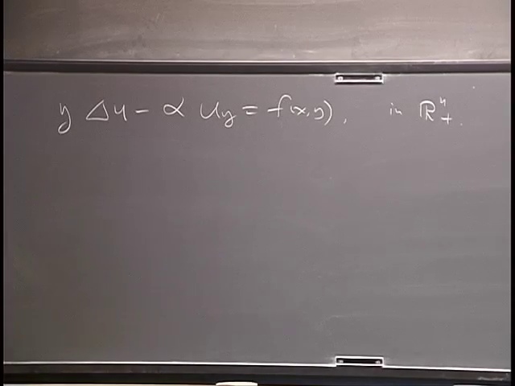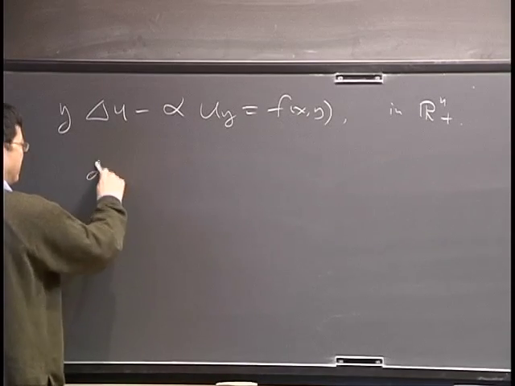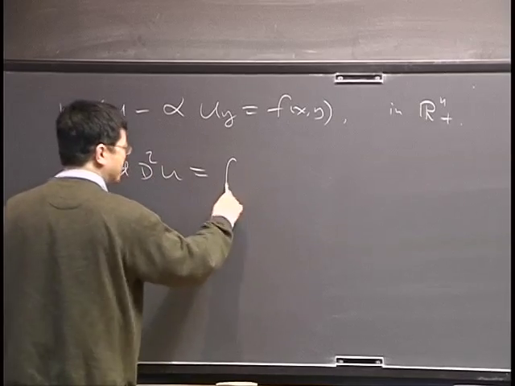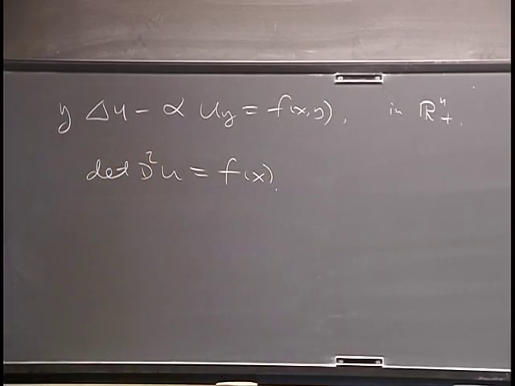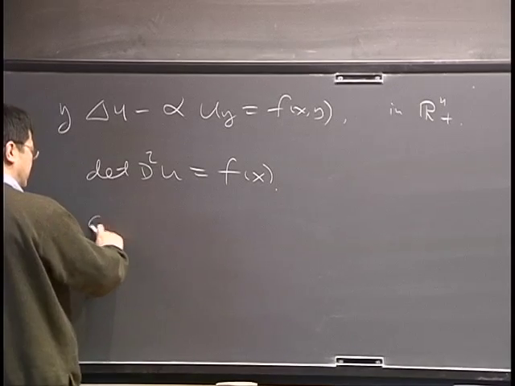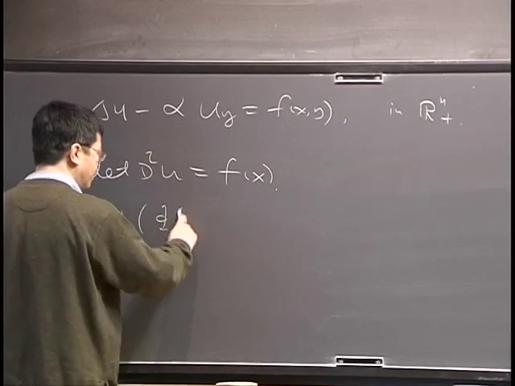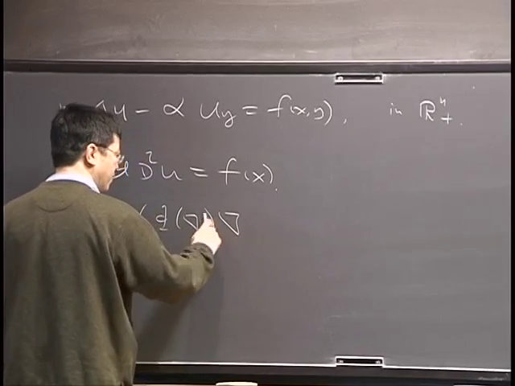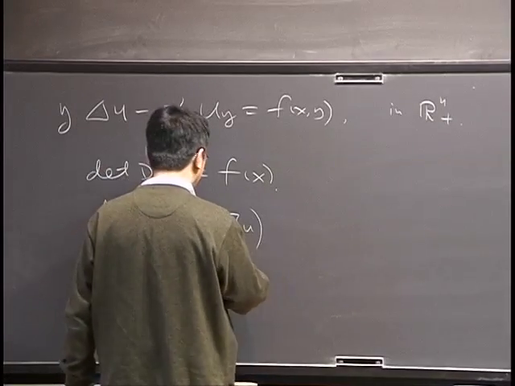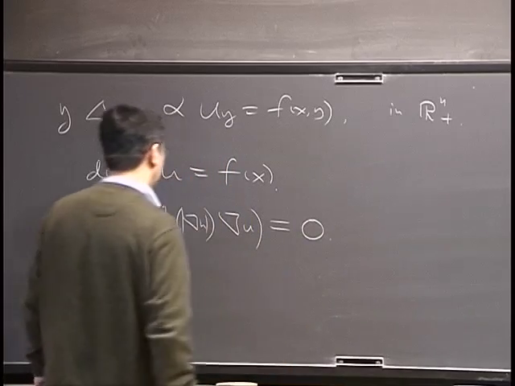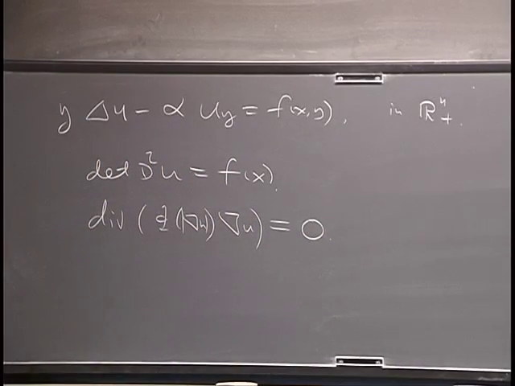Also, equations from, say, nonlinear ones can be thought of as degenerate equations too: before you knew the determinant or the Hessian of u is positive definite, it is degenerate, but once you know it's positive definite, it becomes non-degenerate. And for this kind of equation, divergence of phi of gradient u, say in fluid dynamics many times you have this kind of equation. It very often appears like potential flow